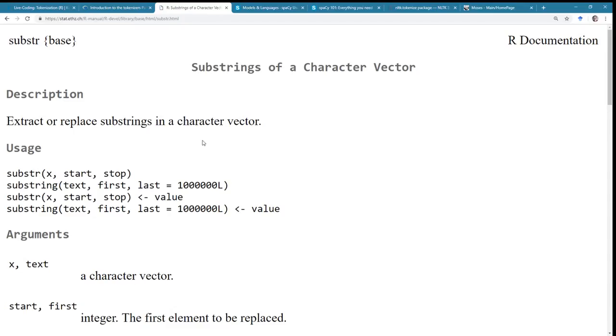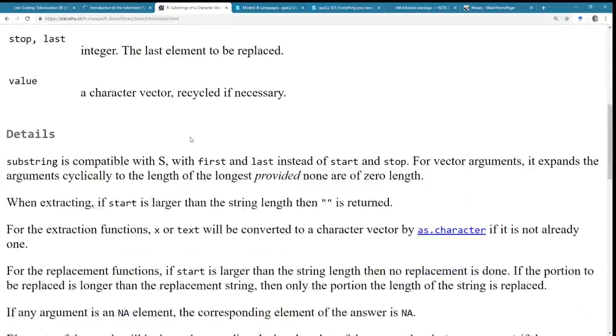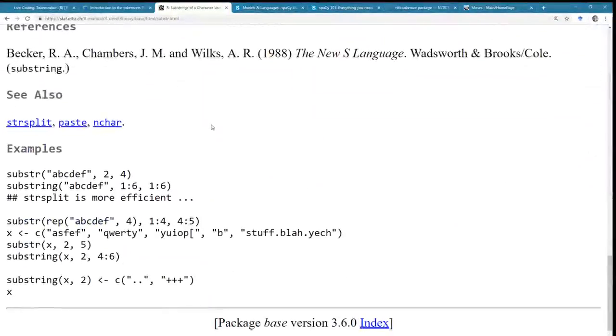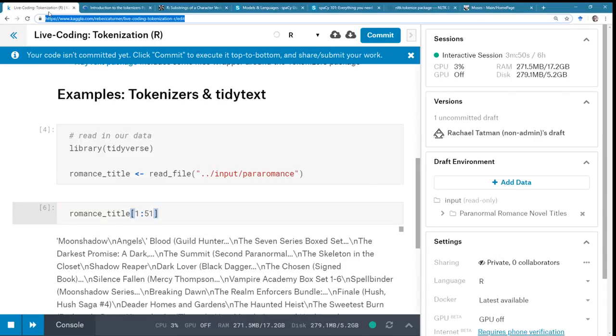That is what I want. Substring. Extract or replace. I do just want to extract. Oop, I can't click. Oh, okay, one sec, let me reload.